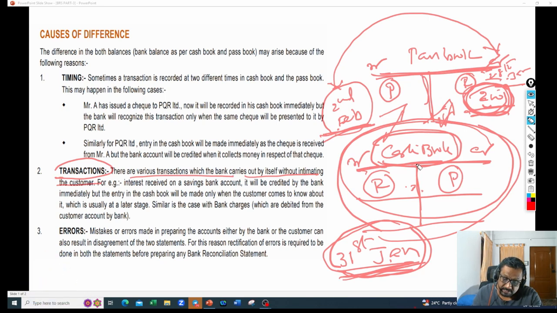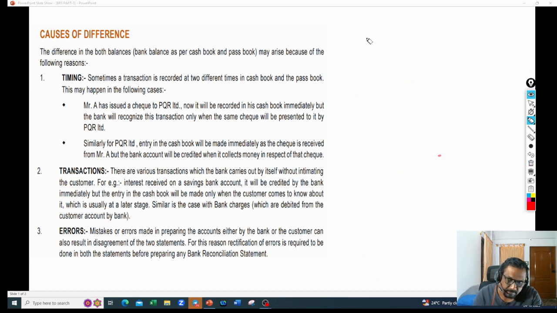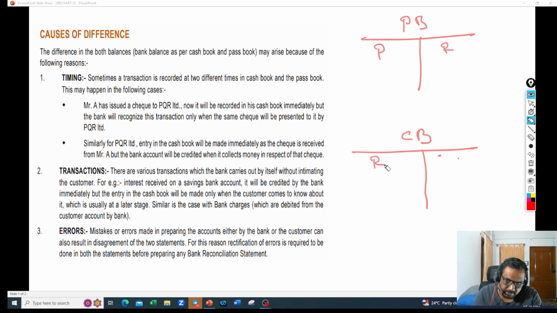So, this is one. Second thing is, this is passbook, this is cash book. Here we write payments, here we write receipts. Here we write receipts, here we write payments. I'll give you one more example. You have given standard instructions to the banker